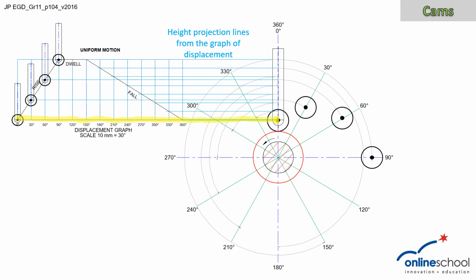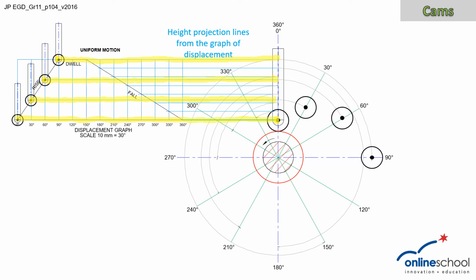Therefore, at the graph of displacement, I've now placed 4 followers as an example, just to indicate where the center point of that roller follower is going to be, the height distribution that we project all the way to the vertical center line. So at each one of the 30-degree intervals of our graph of displacement, it is the center point of the roller that we're going to use that height and project it to our vertical center line on